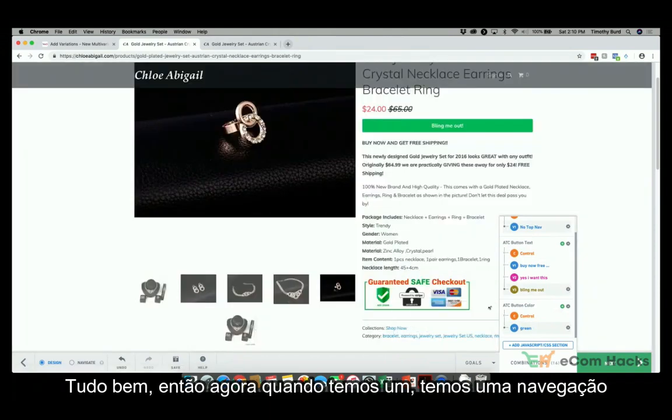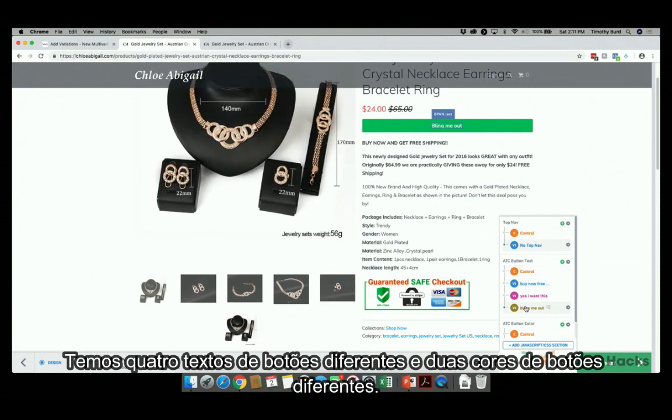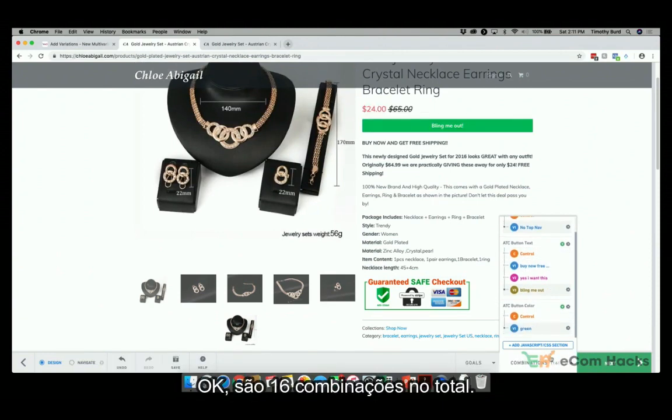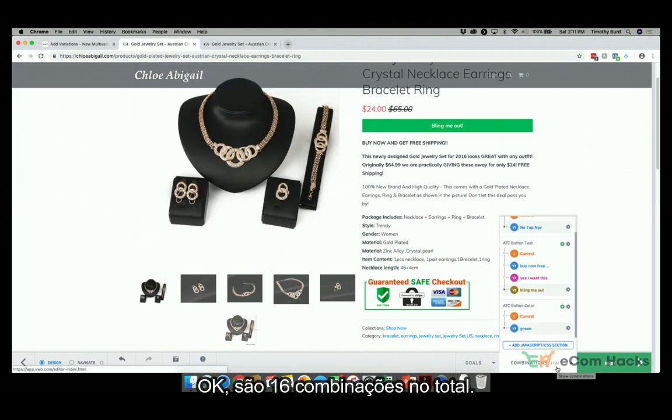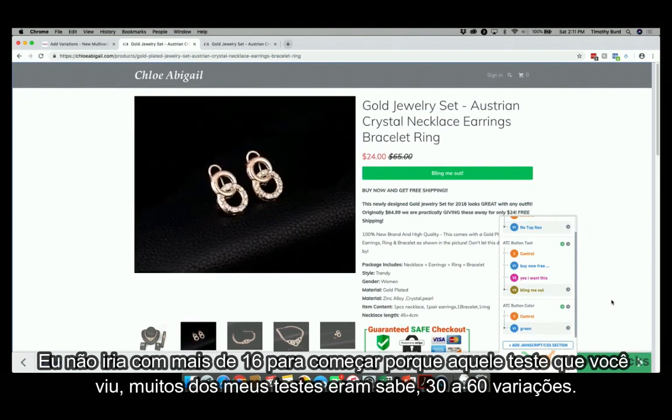All right. So then we have a navigation and no top navigation. We have 4 different button texts, and we have 2 different button colors. Okay. That's 16 total combinations. That's like 16 different landing pages. And that's enough. I would not go with more than 16 to start, because that test, you saw a lot